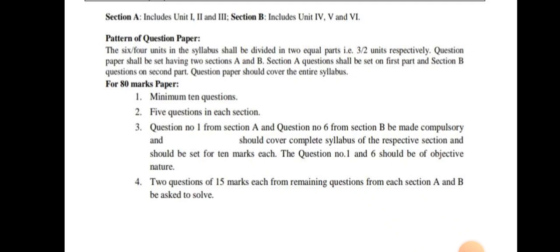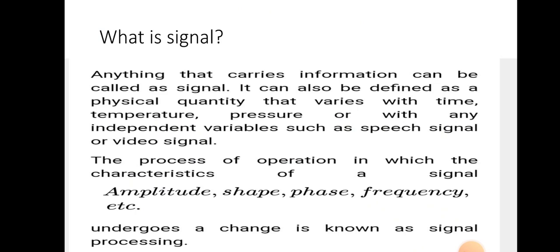Now in the next lecture we will go into detail of the first unit. But before going towards that, we will see a general or basic concept of DSP and then we will stop. So now, first of all, we will see what a signal is. As the subject deals with signal processing, you must know what an actual signal is. So a signal is nothing but anything that carries information. Okay, so it can be anything, but it should contain particular information.